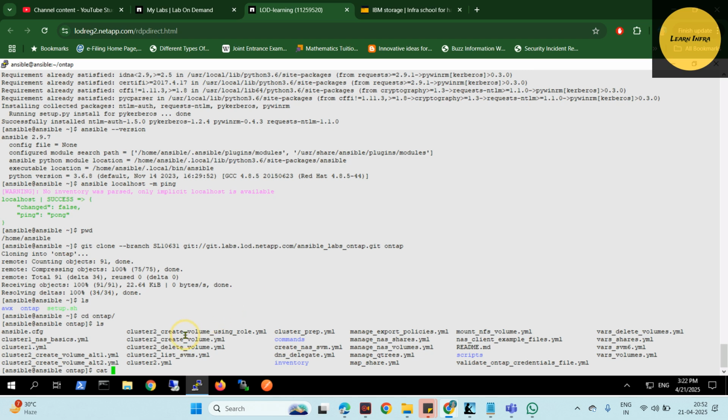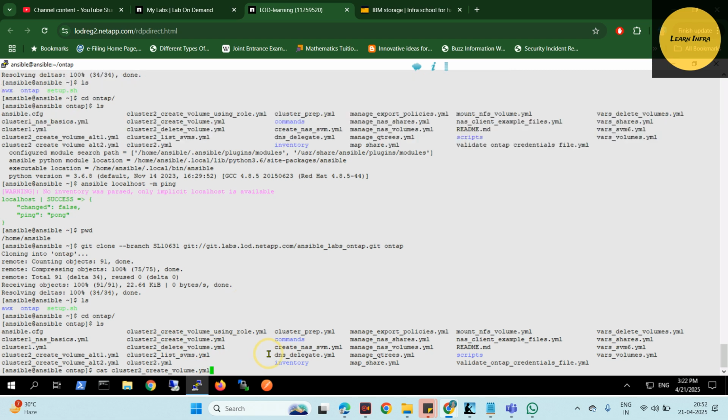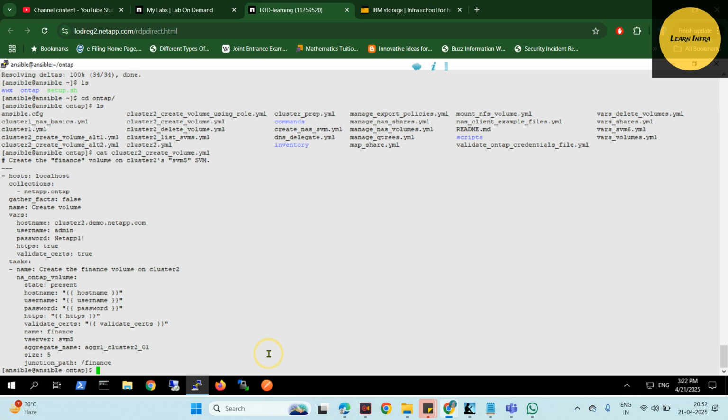Create volume using Ansible, create volume playbook. This one I'll check. So you can check here. Basically this is the playbook we're using. The collection model is, you know that whenever we run the command, we don't want any facts to be gathered on this localhost, right? We don't want that because localhost is the host. So what we do is,